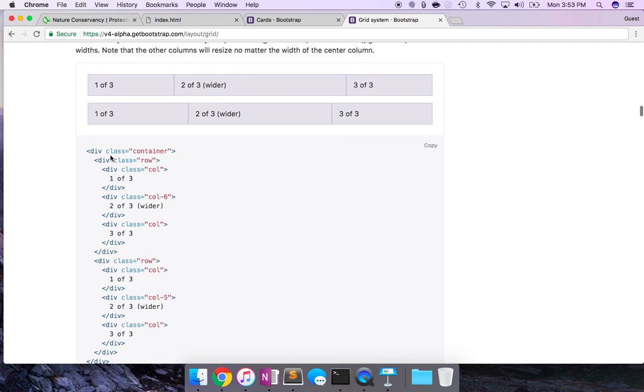Okay, so I'm actually going to go with this example and I will show you guys how it actually works in code. So I copied from the row, the div with the class of row, all the way down to where the div ends. So make sure you don't copy the second section, otherwise you have errors in your code. So I'm going to copy that,